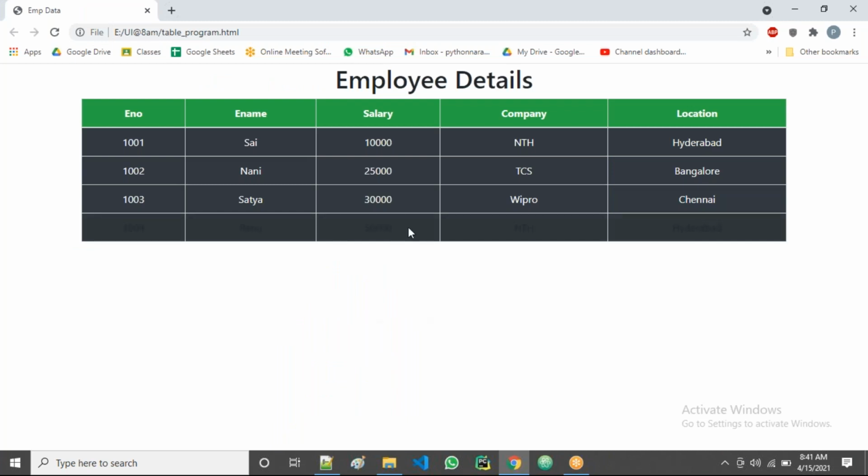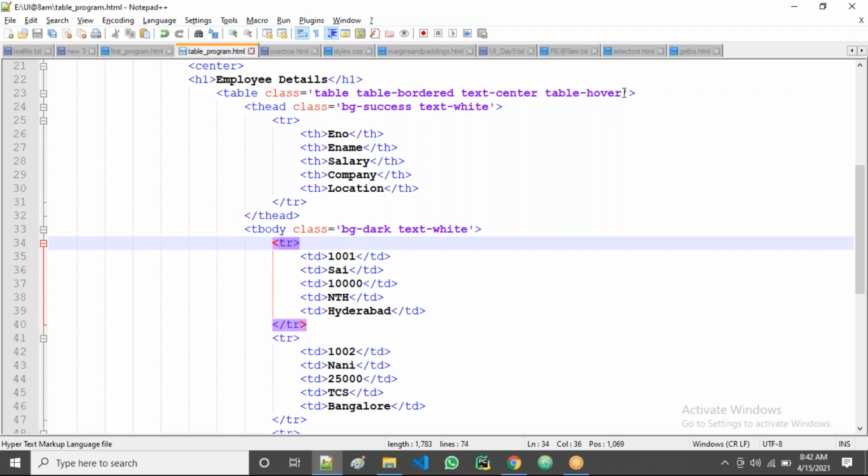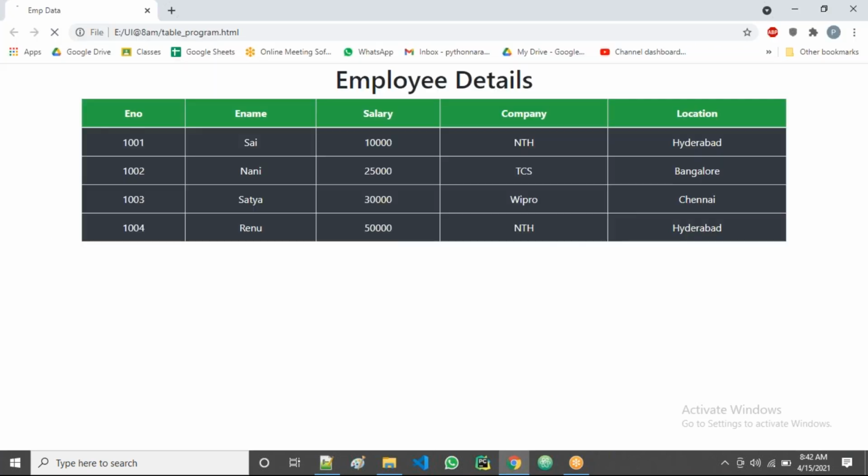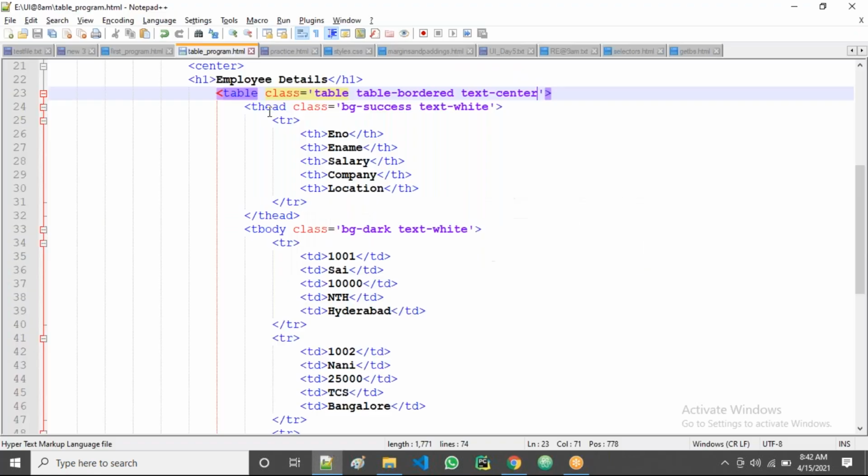Yes. Now all of you observe. See, now I have taken the dark color, but when I move my cursor, that row is not displaying, guys. That row is not displaying because we use hover. Now in that case, if I remove the hover, that's fine. Now everything is visible. This is all because of bootstrap only, guys.